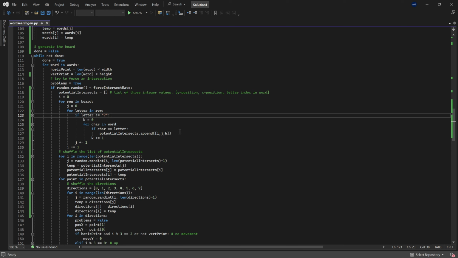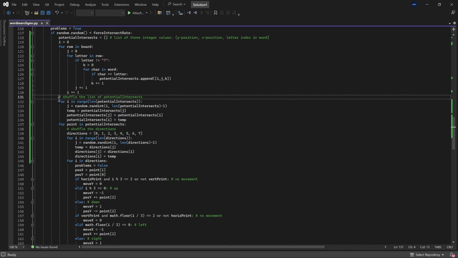It's in this position and it's with this letter in our word. So it's in this position on the board and it's in this position in our word, which we use then down here. This is to shuffle the list. So we take the list and then we apply more or less the Knuth shuffling algorithm to make it